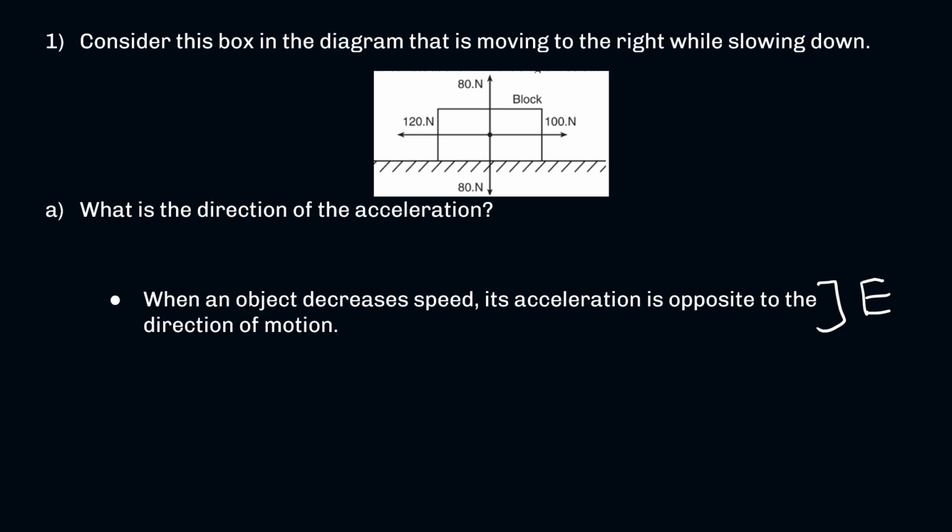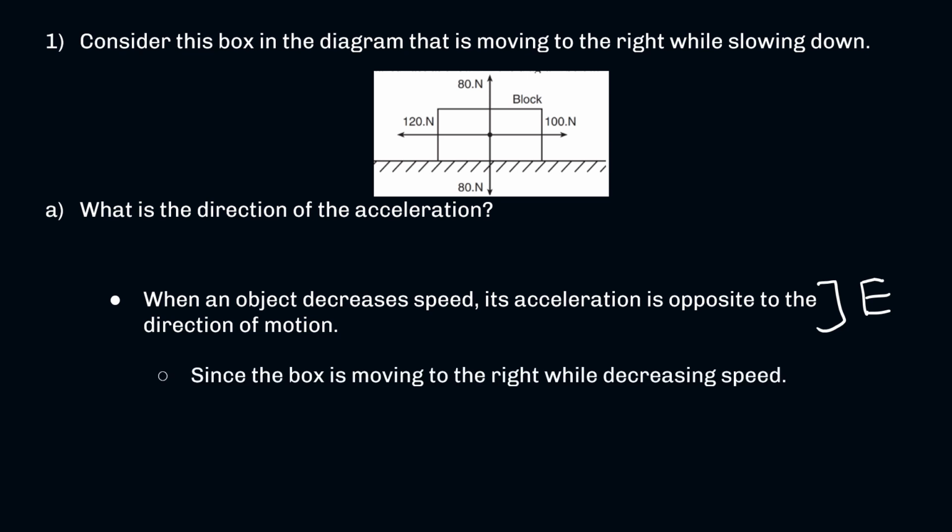Then we are going to have my reasoning. So just essentially explain the situation. We can say since the box is moving to the right while decreasing speed. This is an explanation of the situation. Since the box is moving to the right while decreasing speed,